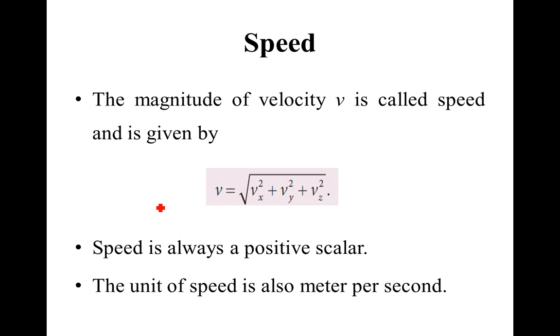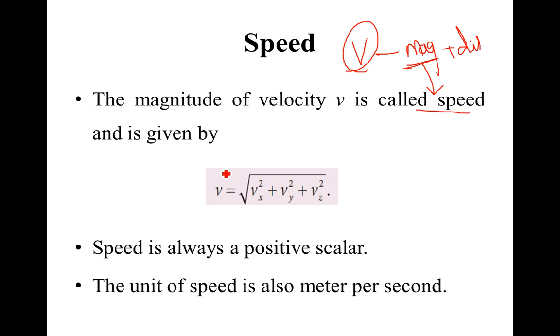As we know, speed and velocity are closely related. Speed is just the scalar quantity and velocity is a vector quantity, where velocity will have the direction also. So what is velocity? Velocity has magnitude and direction. If you say it along with direction, it is called velocity. If you say only the magnitude, it is called speed. From the velocity itself, when you take only the magnitude, it is called speed.